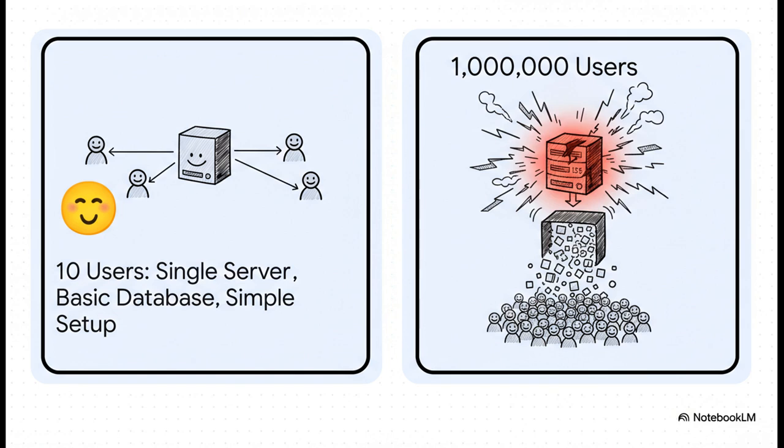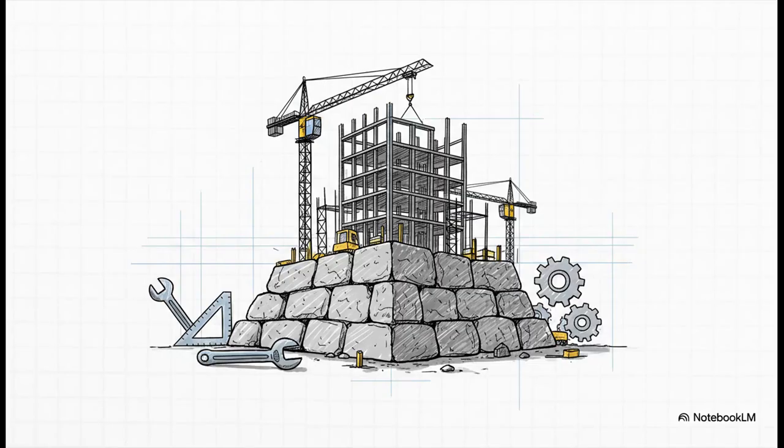All of a sudden, you're dealing with just insane amounts of traffic, mountains of data, and this really terrifying risk that if one little piece of your system breaks, the entire app goes down for everyone. That's what we call a single point of failure. It's the stuff of nightmares for developers. So how do you stop that from happening?